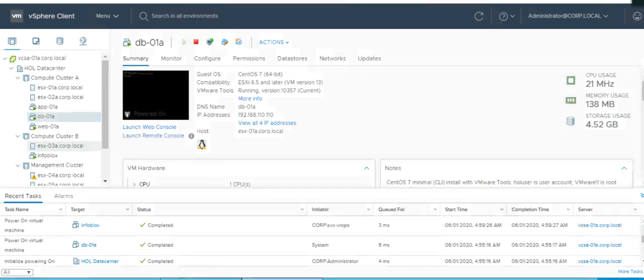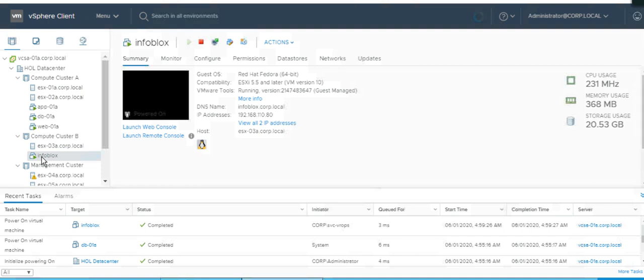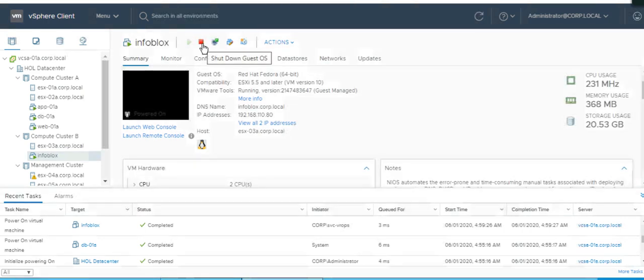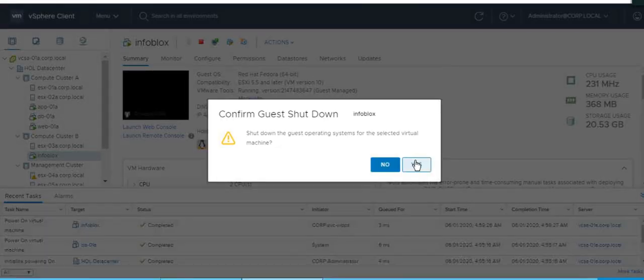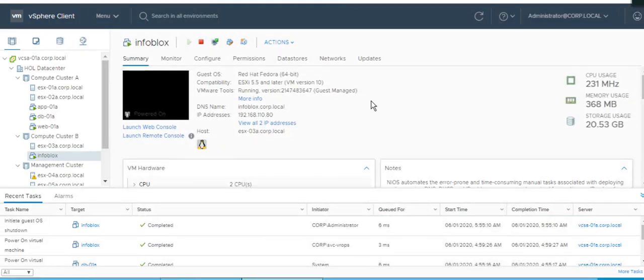Let's take an example that due to any reason this Infoblox virtual machine is down. Let's shut it down and see if my VROPS enables it or not. So initiate guest OS shutdown, completed.